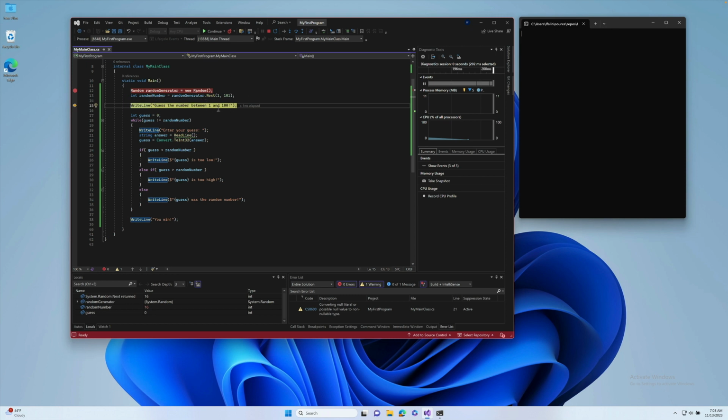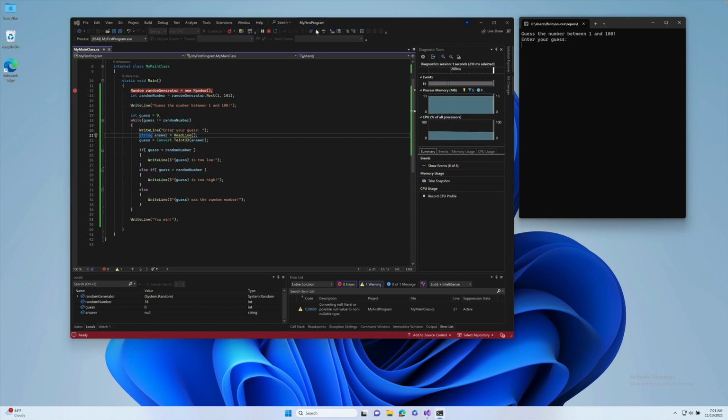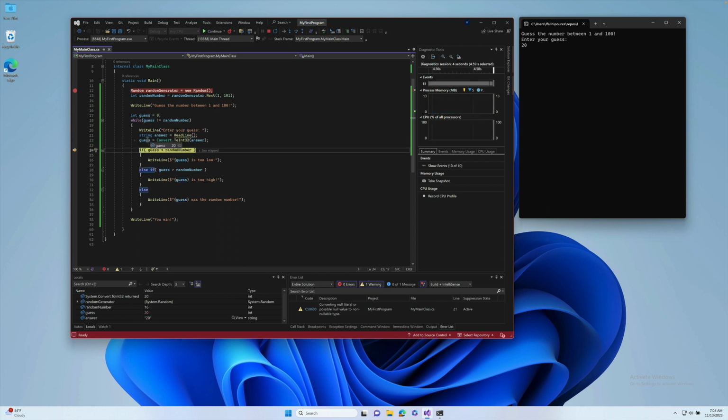And then we print this instruction out, guess our random number. Set our guess equal to 0, and we ask this question: is it true that guess is not equal to random number? That is true, and so we will execute our loop. So we say enter your guess, they enter the guess, and we'll say that we guess 20. So now we have our answer as a string, which we convert to an integer and store inside of